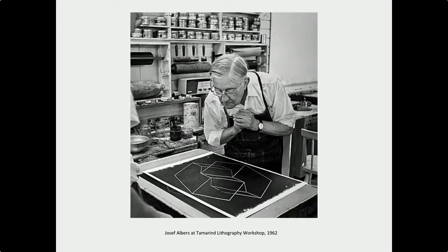So Tamarind, a little bit more specifically, because that's where Anadarko Princess was made. It was created in 1970 as a division of the University of New Mexico in Albuquerque, but it started as Tamarind Lithography Workshop by June Wayne in Los Angeles as a nonprofit to rescue the art of lithography. And so, as I mentioned before, people felt like it needed to be rescued in the United States and preserved that way. Tamarind has since been a major influence in the resurgence of lithography internationally and a major player in the printmaking renaissance. Many of those prominent artists at the time and since have collaborated at the Tamarind Institute, including,